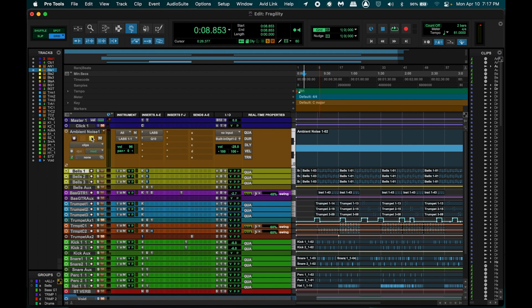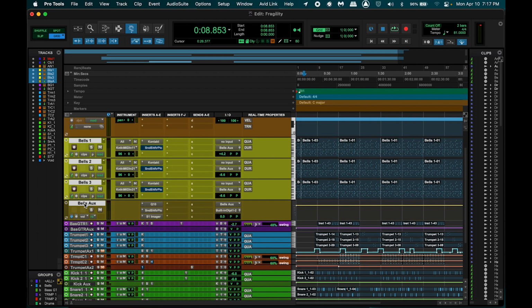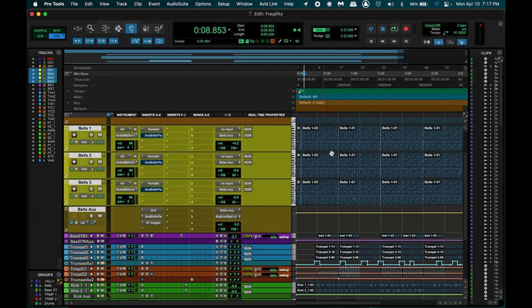Let's jump down to my bells here. These are my keys, bells. I call them bells, but normally I bounce everything from MIDI to audio to a WAV file, but I just kept it MIDI to show y'all what I got going on here. I have 4 different tracks for my melodies, my keys and bells. So I have 1 bell track here, I have 2, so I have 3 bell tracks.